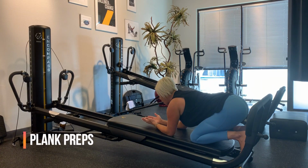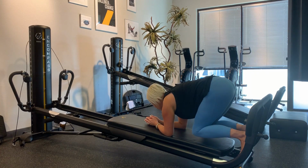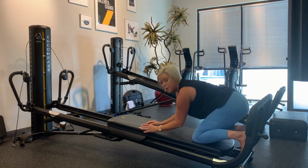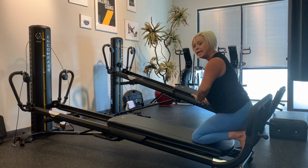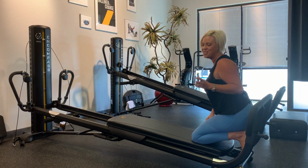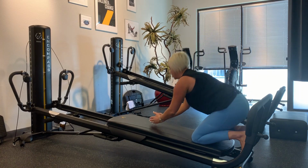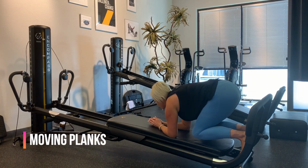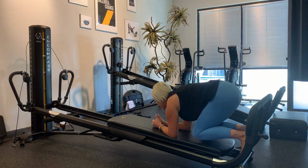So what I'm going to do is just lift my knees up and hover off of the glide board, pulling that belly in towards the spine, and then lowering back down. It's a very small movement, but it's really important to feel that lift and that pulling in. So it's the opposite of the thing that we talked about at the beginning of the video, which is letting the belly just drop towards the floor. We're really working on engaging those transverse abdominal muscles, pulling in with the belly up towards the ceiling